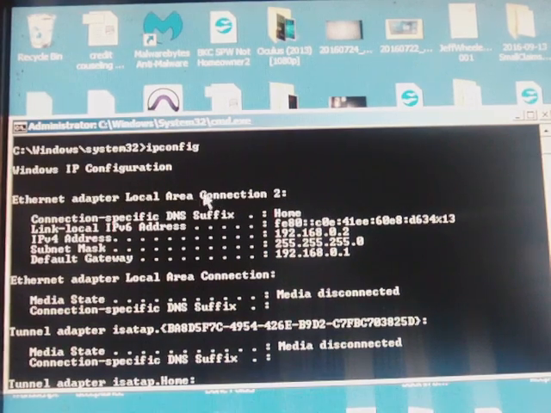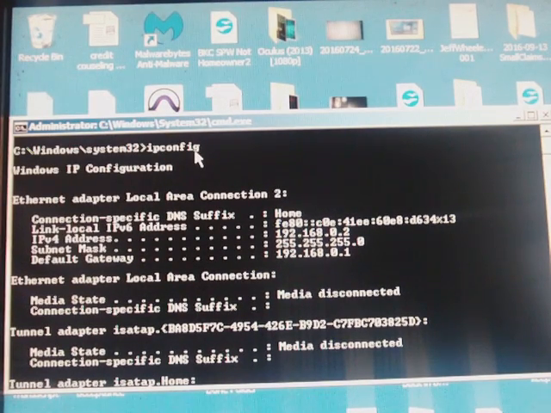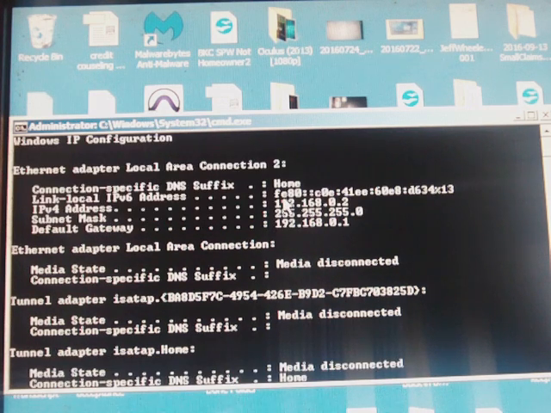Okay, now here's what we got. There's the ipconfig I typed in. You want to look for your local area connection. Right here is what you want to look for. Mine is local area connection 2 because mine is the second computer hooked up to the router. Now what you want to look for is